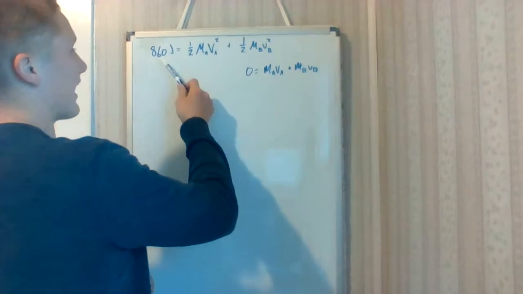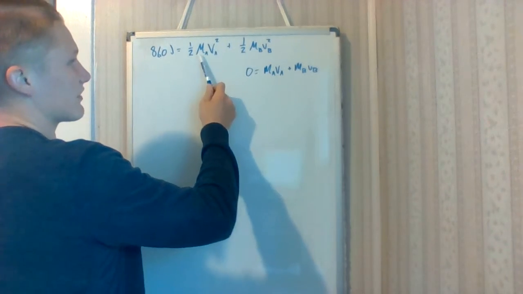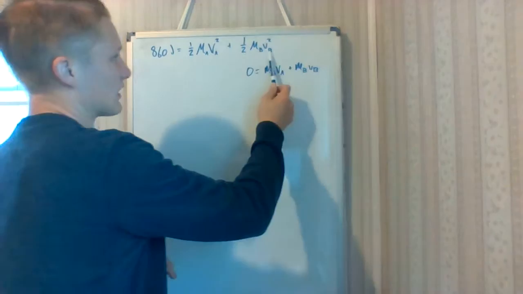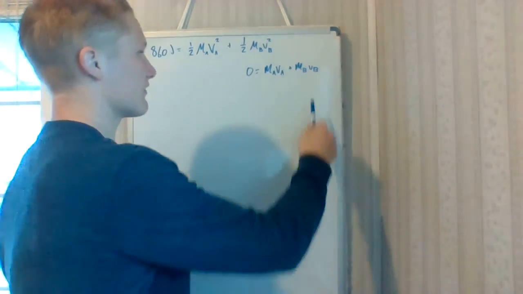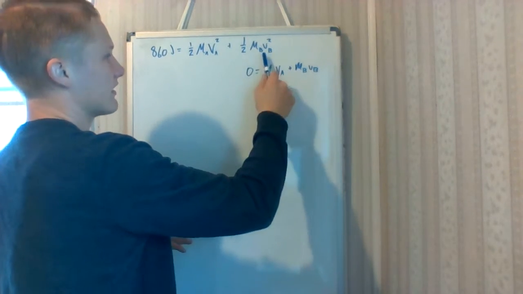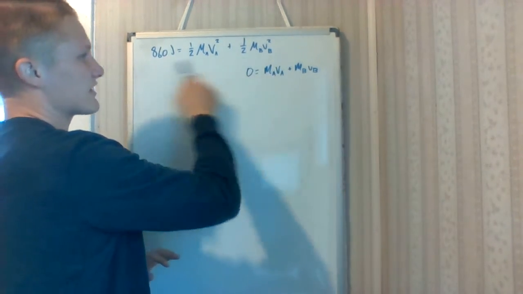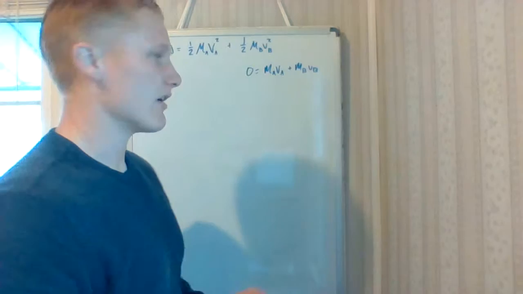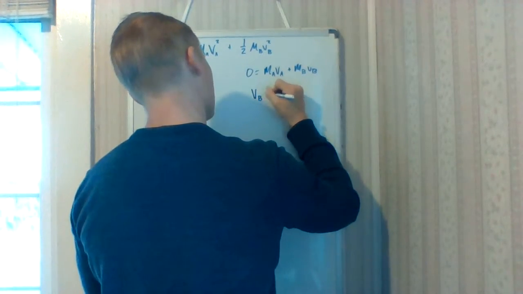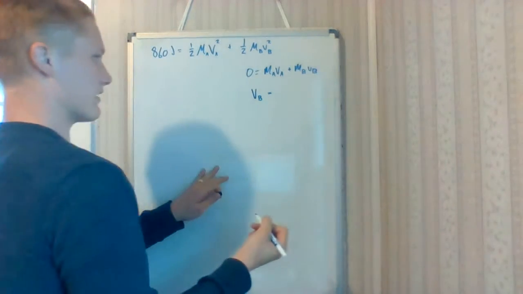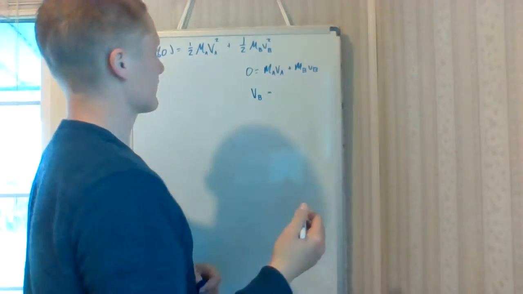In this equation, we have all the information for the mass, but we don't have the velocities. We have two variables, so we need to solve this for VB, and then we can have this equation all in terms of VA. So VB equals